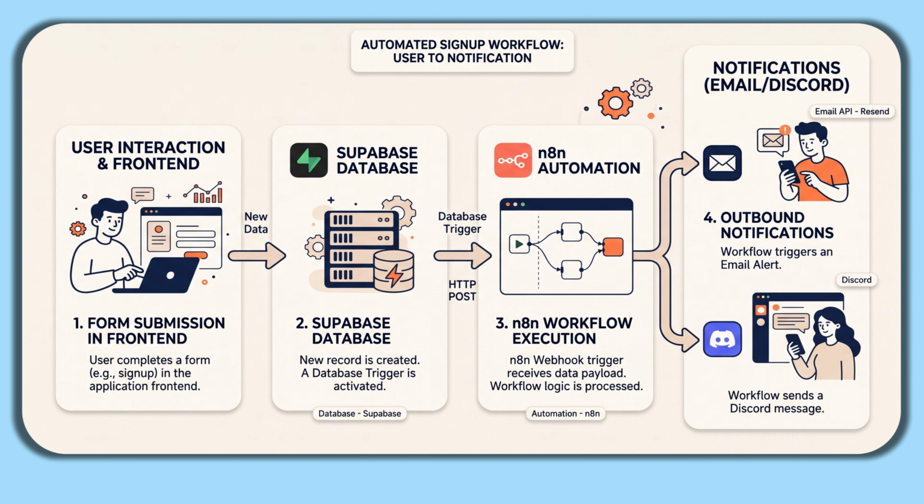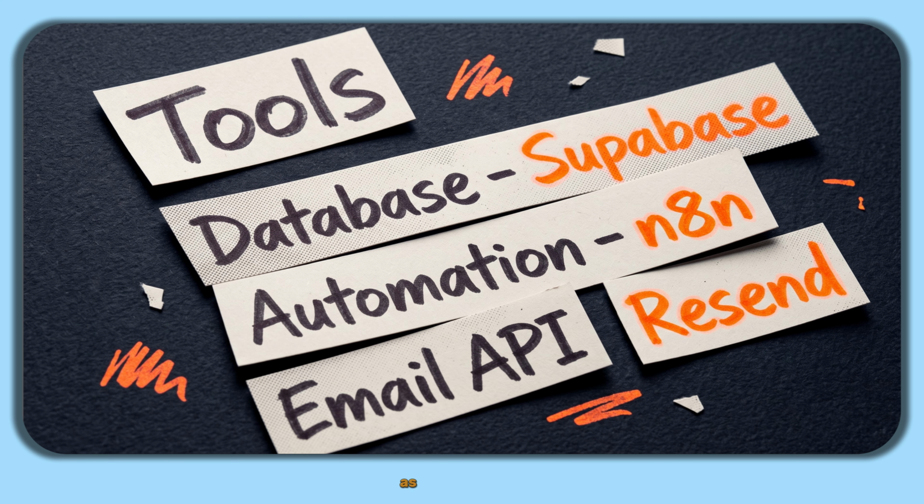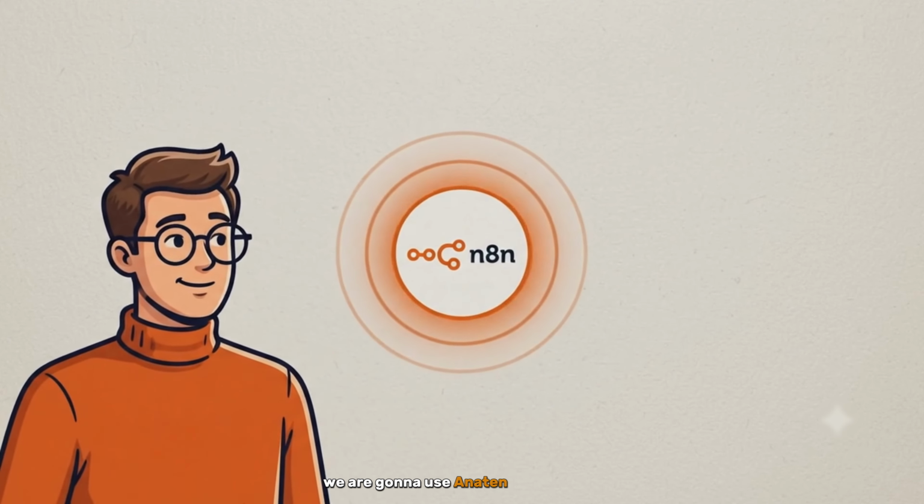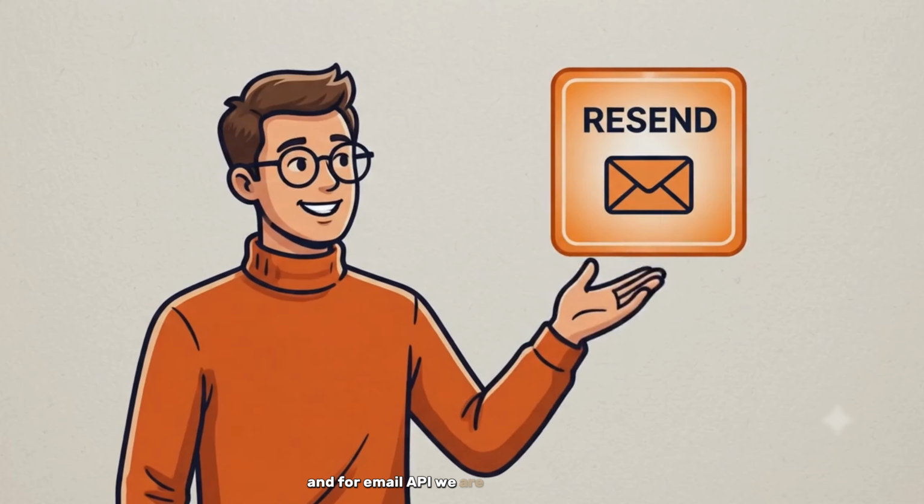This will be our overall architecture for this workflow. The user will submit the form on the company's website, then the form will be saved on Supabase. Then we will set up a database webhook trigger on Supabase so that whenever new data is added to Supabase, our n8n workflow will get the data as an HTTP POST request. Then we will use that data to send an email to the client and then notify our sales team in Discord. As for the tool side, we will use Supabase as our database to store the data from the client. As for automation, we are going to use the latest version of n8n, and for the email API we are going to use